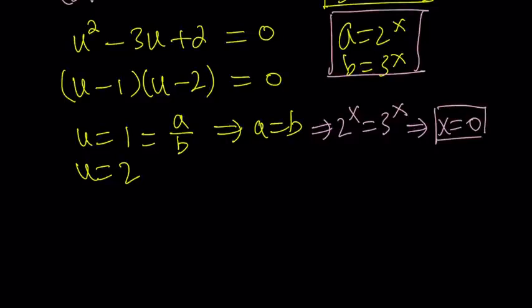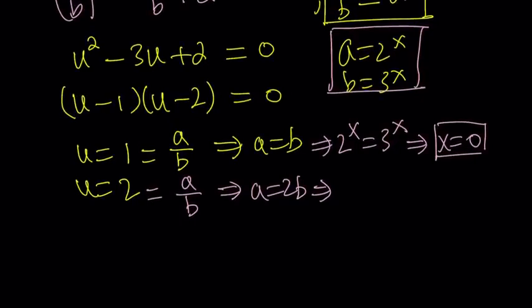The reason why I say possible is because now it might be extraneous. We have to go back and check it, and we'll do that. Now, what happens if a over b is equal to 2? Then from here, if u is equal to 2, we get a equals 2b. Yay! 2b or not 2b. Yay! So now, let's go ahead and replace,